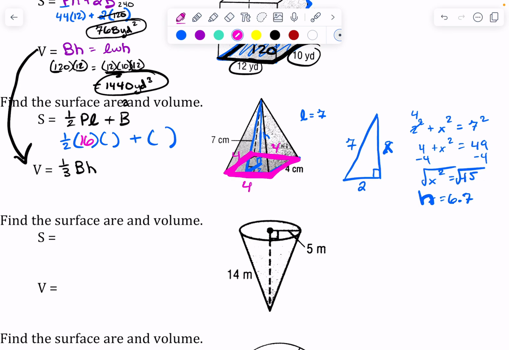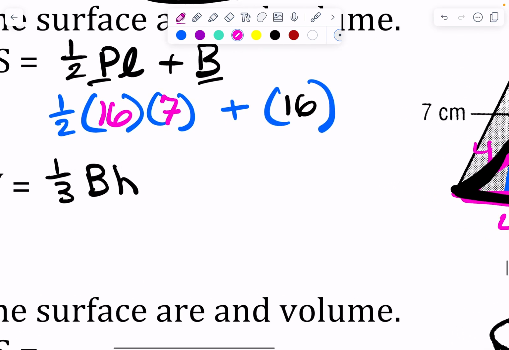And then L we said was the slant height, that's 7. And then capital B is the area of the base, and that is going to be 16. So the perimeter of the base and the area of the base are coincidentally the same number. All right, 1/2 of 16 is 8, and 8 times 7 is 56, and 56 plus 16 is 72 centimeters